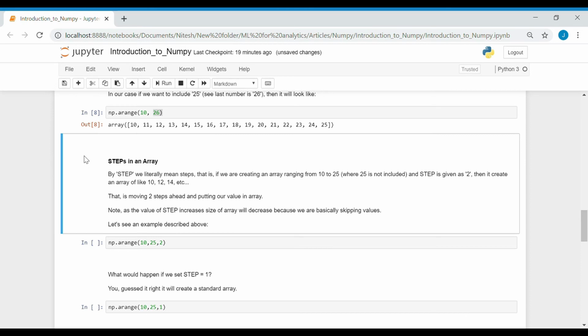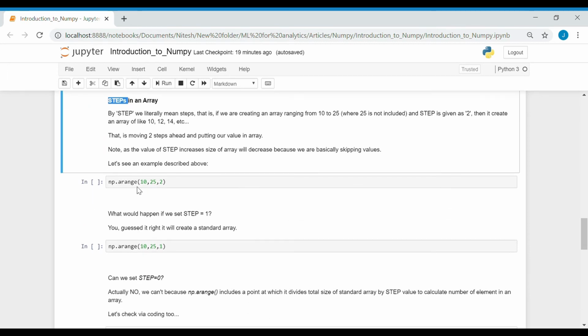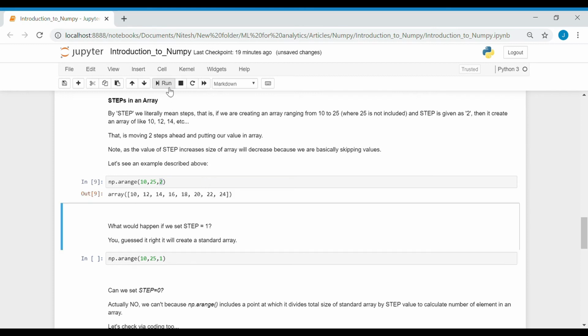Similarly, the step parameter works in NumPy. Now let's see with an example. Here we are using the same function arange that will create a sequential order from 10 to 25, excluding 25, and see we are providing a step of 2. And let's run it. And just like we said, 10, then 11 is step 1, and then on step 2 we got the 12,